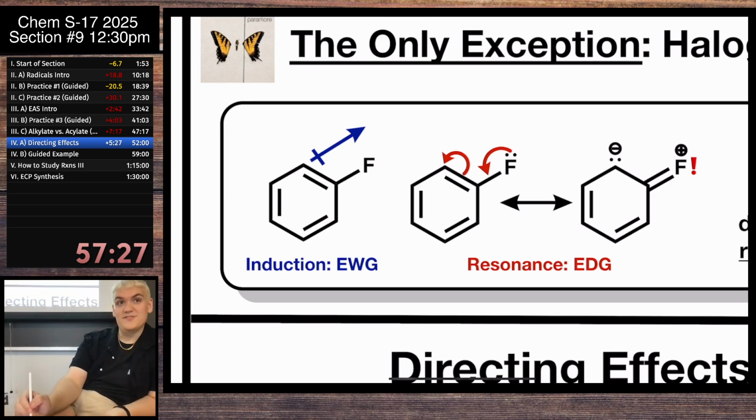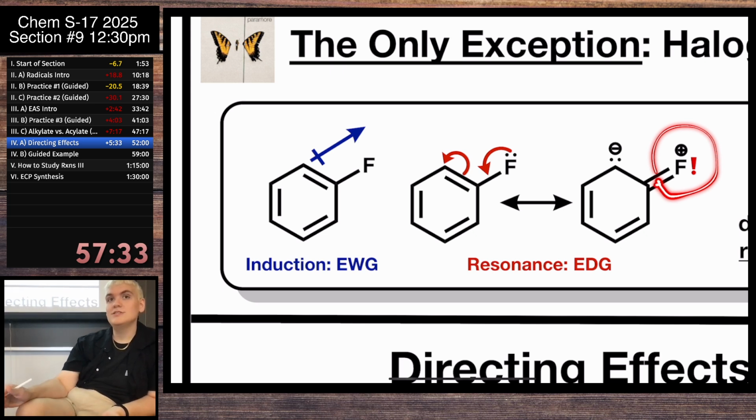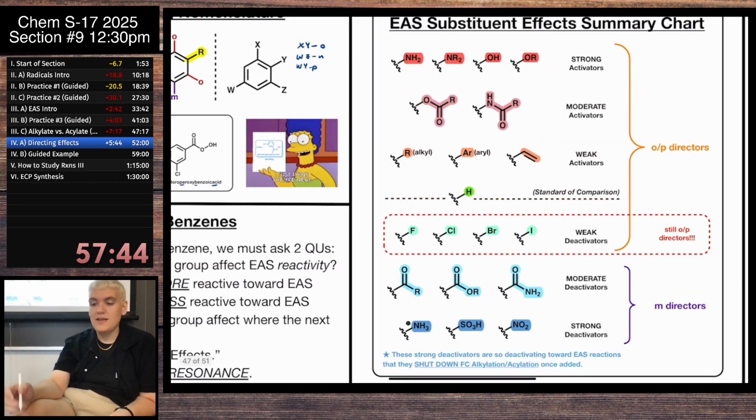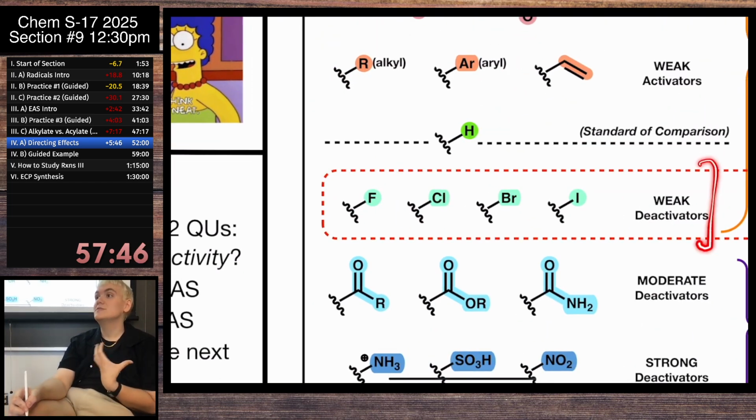Look at this resonance structure. Is that a stable resonance structure? No. So do you think that overall the halogens do more donation or withdrawing? Withdrawing. It's going to be by far its stronger effect via induction. So that's why we say these are deactivators. They withdraw electrons, they take electrons out of the ring more than they donate it. But